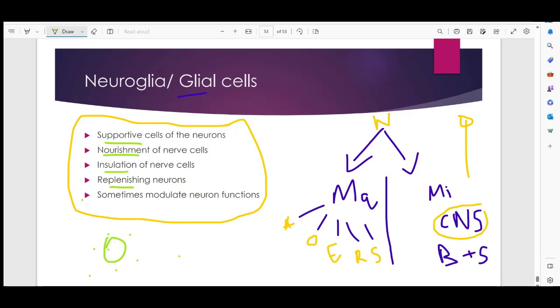And sometimes they modulate nerve functions, which means they support conducting certain types of information, certain types of nerve impulses. You don't have to know the complex, deep version, you just have to remember they're supportive, providing nourishment, providing insulation, replenishing,